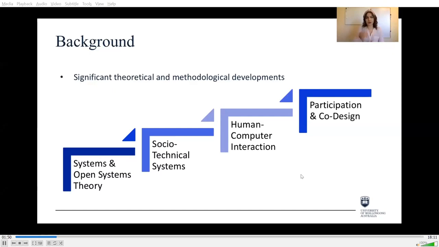Now, if we look at further refining our scope of discussion, we can look to socio-technical systems theory to further refine and define our lens as being comprised of not only the technical, but also an appreciation of the social elements or subsystems, as they're called in socio-technical systems theory. This recognition of the social and technical working together to achieve a common interest, or at least to appreciate common and potentially competing interests,